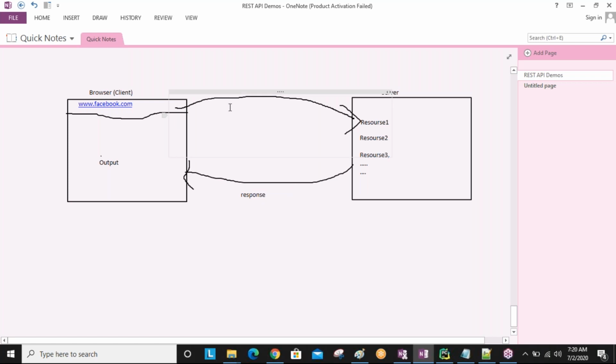This is a request, for example, I'm taking here, and this is a response. Request and response. Which application we call client and which we call server, that is important, sir. The application which sends the request to another application, that application we call client.